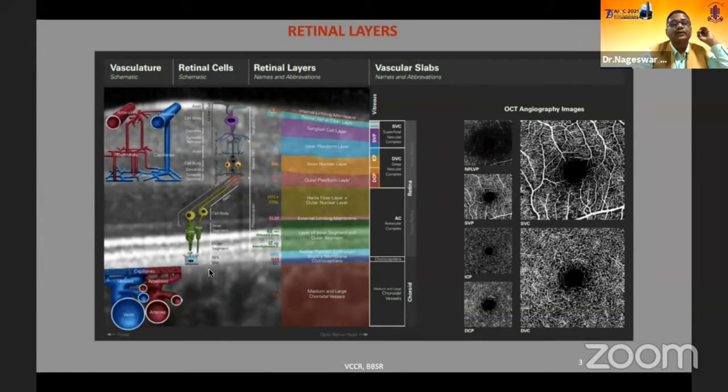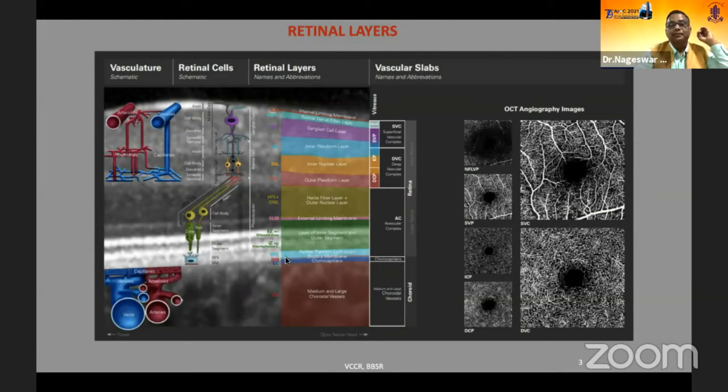So without inverts, what we'll see is the retinal pigment epithelium. This is the bright zone corresponding to the retinal pigment epithelium, and after that the photoreceptors adjoining the RPE, the photoreceptor layer, and external membrane, the cellular layer which is the outer nuclear layer, the outer plexiform layer which is connected to the inner nuclear layer, the bipolar cell layer, and the inner plexiform layer, ganglion cells, retinal nerve fibers, and internal limiting membrane. So this is the normal anatomy.